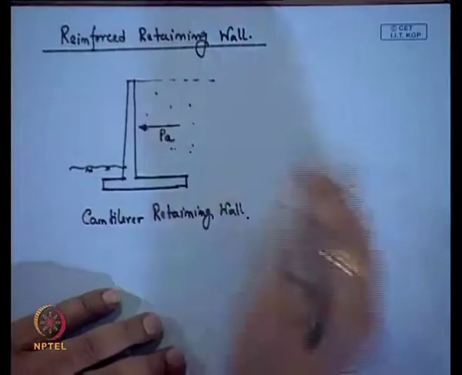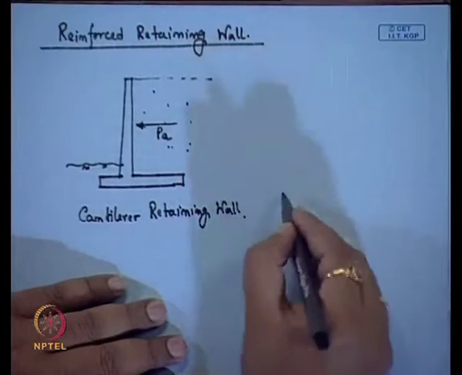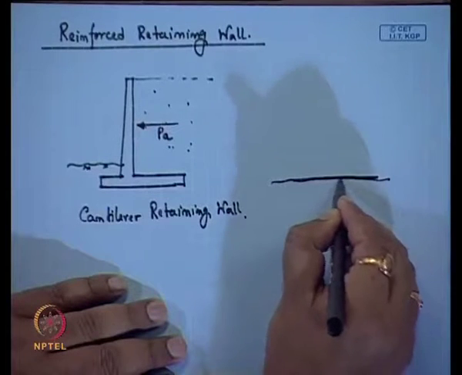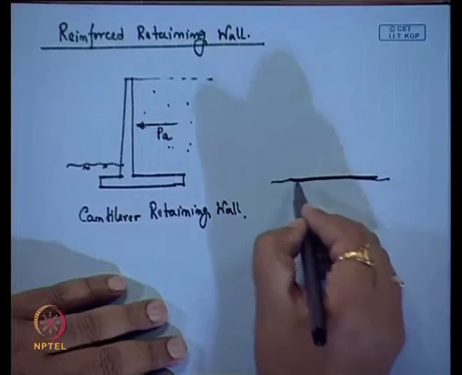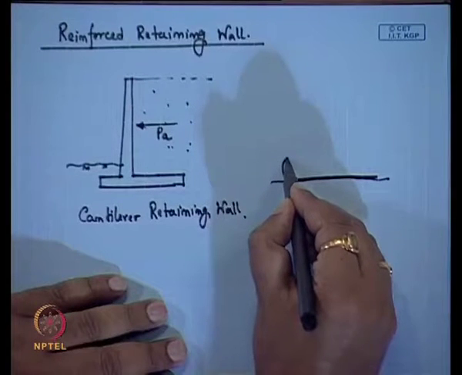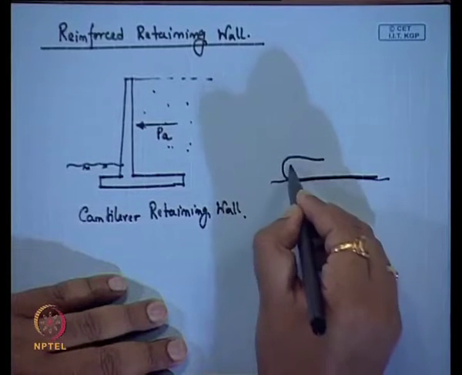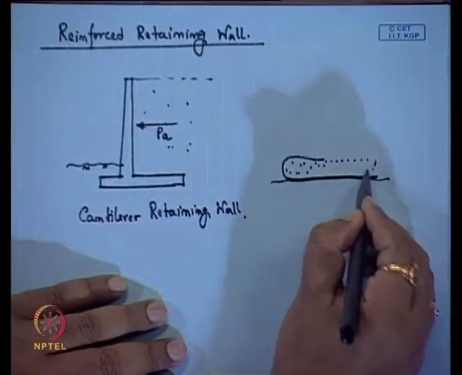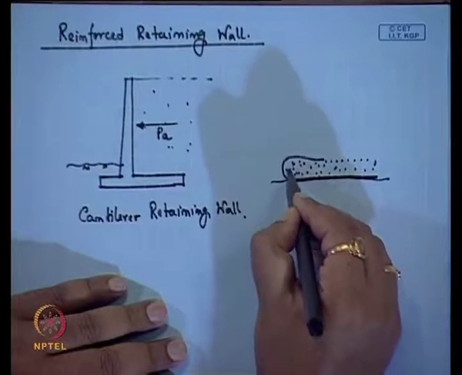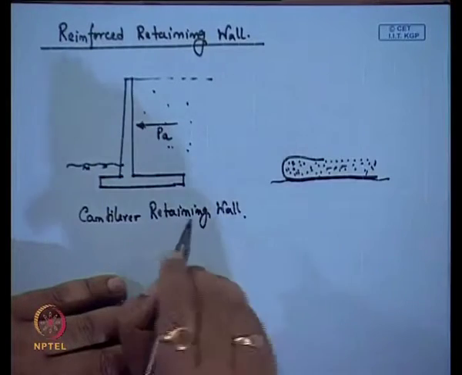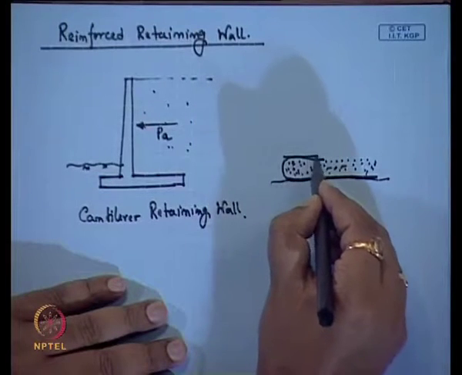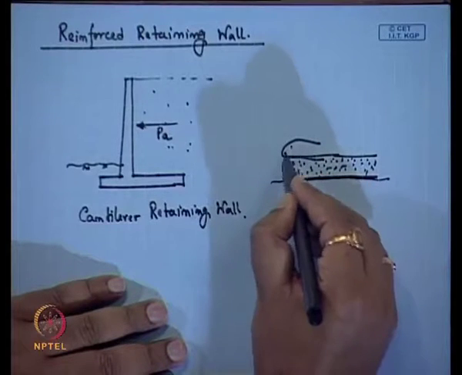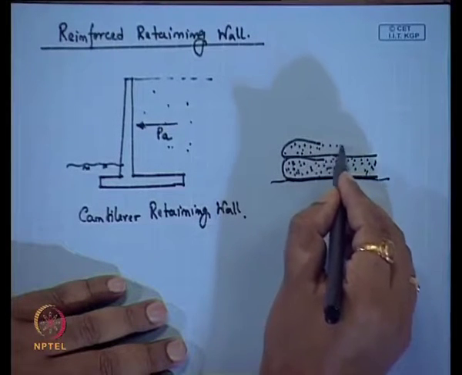Similarly, these things we can construct by using reinforcement. Suppose this is our existing ground, then we place the reinforcement layer here, then fold the reinforcement layer and place the soil inside this reinforcement layer. Then we place another reinforcement layer on top of this sand layer, then fold it and put the sand layer inside this